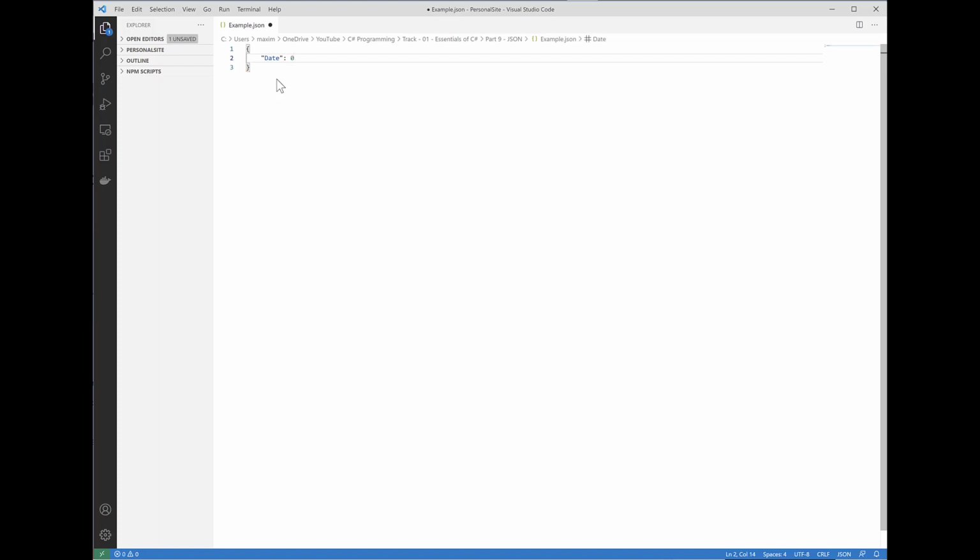Now it can have a value of an integer or a string. In this case, if it was a string, you could give it a date format, something like this. And if you wanted to have another property, you would separate it with a comma, and then you would have the second property. Let's call this an integer value, and you can set the value to, let's say, 10. So this would be an object that has two properties, date, which is a string, and then an